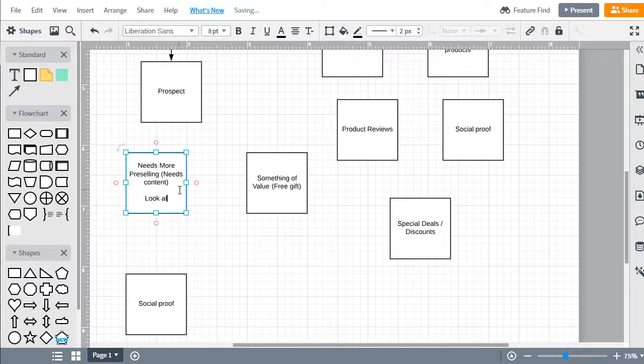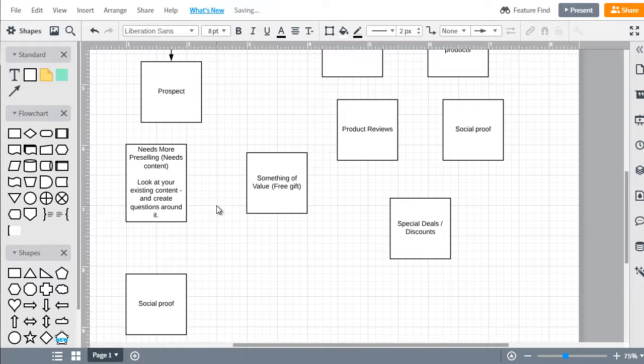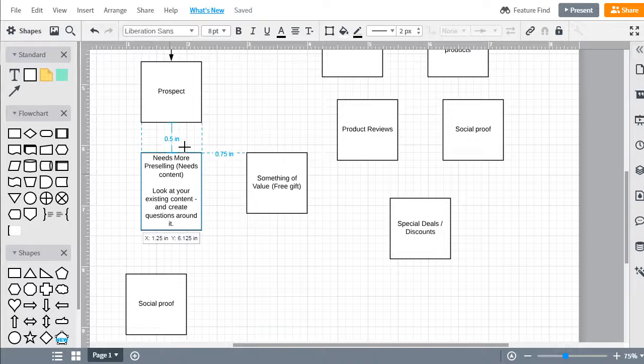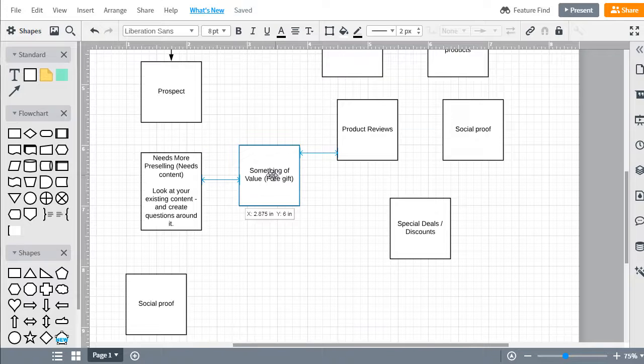So look at your existing content and create questions around it. That's a super easy way to create content and create questions and all of that. So something free of value. What is it that the prospect would want?